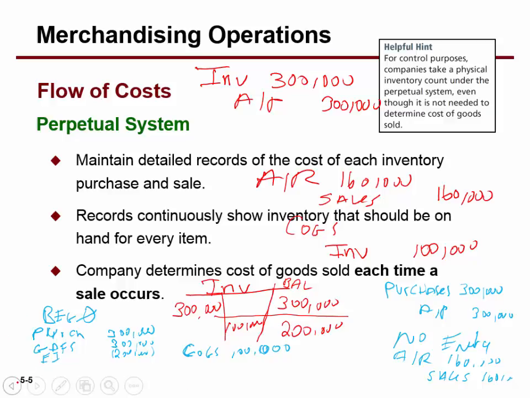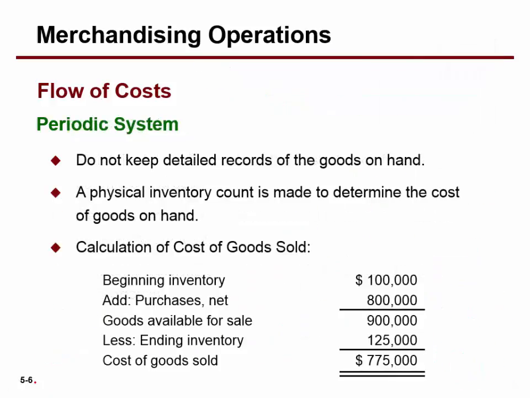Okay. So let's go ahead then. That's what we did in red up here, those perpetual. That's what we're going to do in this class. And there's the periodic system. And again, what do we have? Beginning inventory plus purchases gives us goods available for sale, minus our ending inventory gives us the cost of goods sold. We don't make you worry about perpetual on your exams, but sometimes it's just good to have this little formula in your back pocket so that if you get asked a question where they're making you back into something, you can use this, right?